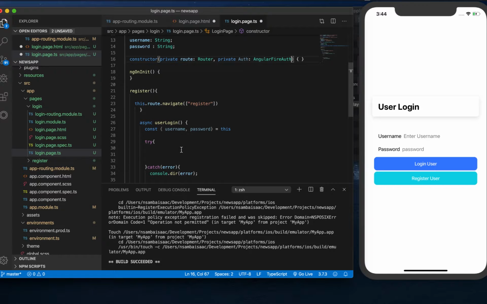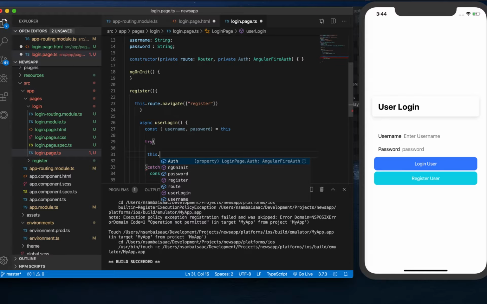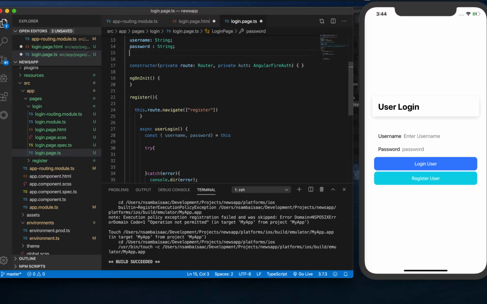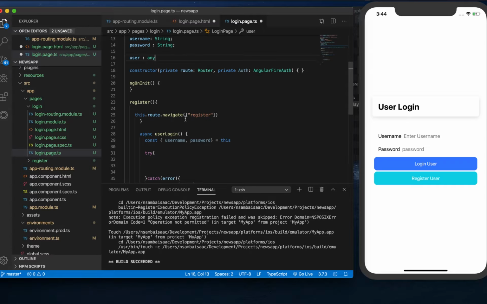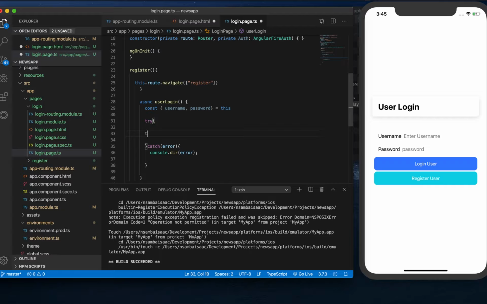So we say this dot, define a variable user of type any, say dot user to